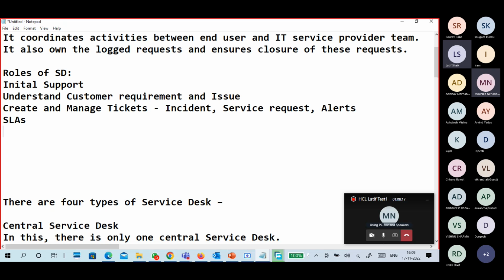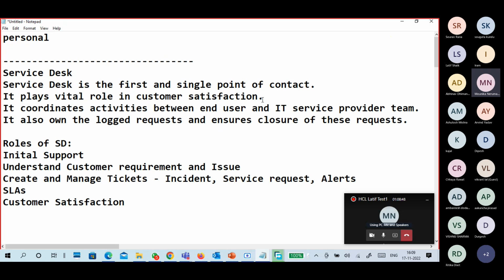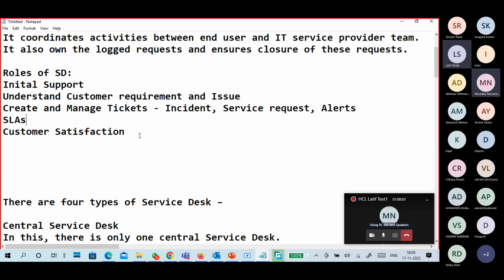Managing SLAs improves customer satisfaction. Customer satisfaction. Somewhere I've written that one like this. Okay. Customer satisfaction and closure.